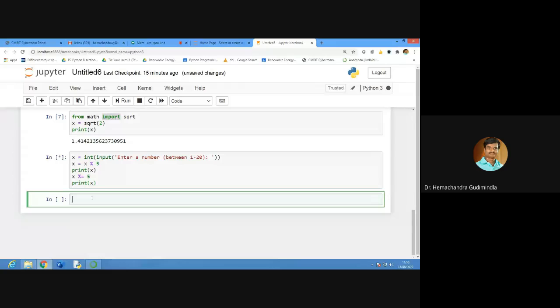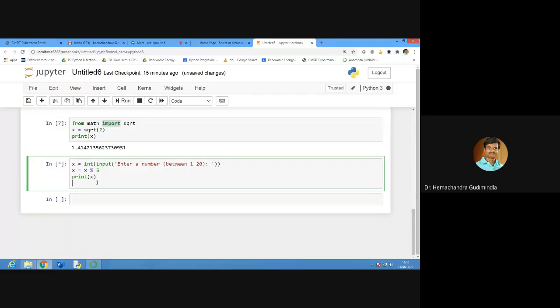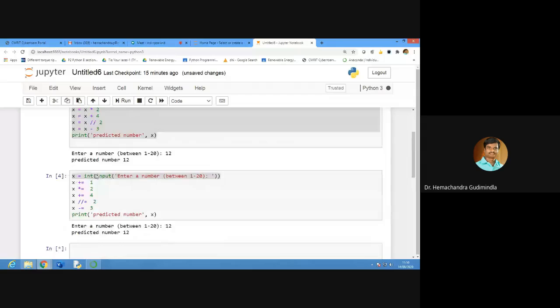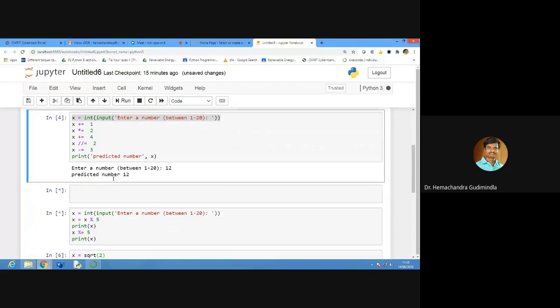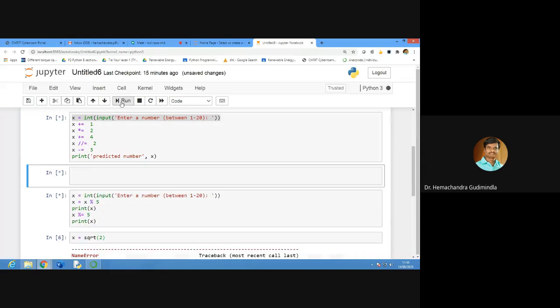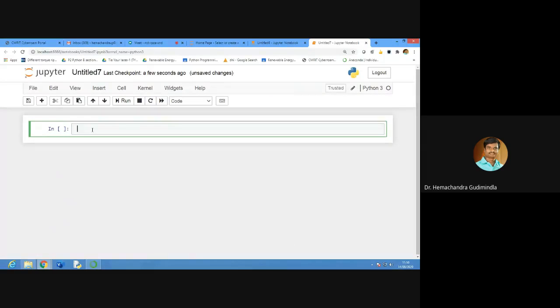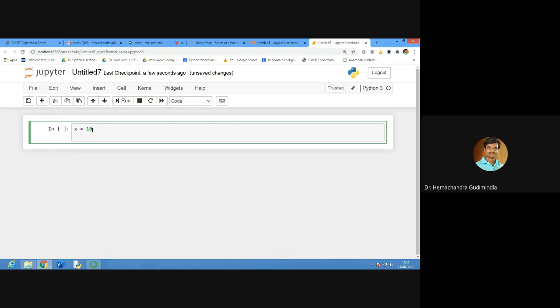Once again, I will do that. x is equals to some 10. x is equals to x percentage 10.